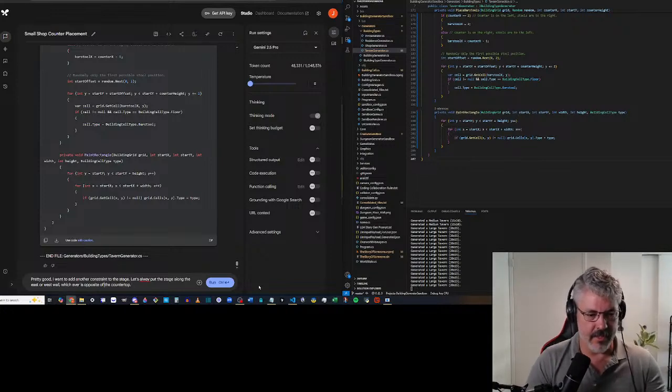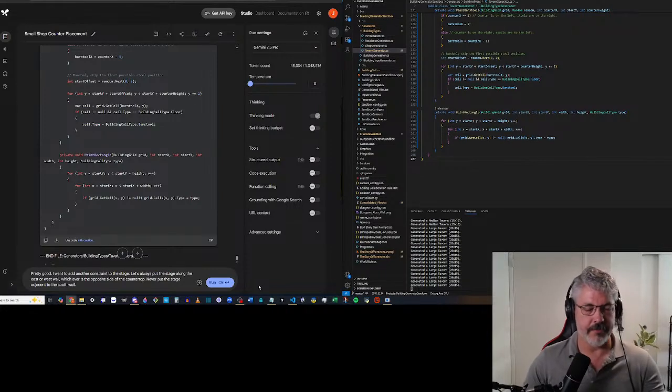Whichever is the opposite, and just be a little bit more opposite side of the countertop. But never put the stage adjacent to the south wall, because there could be a door there.